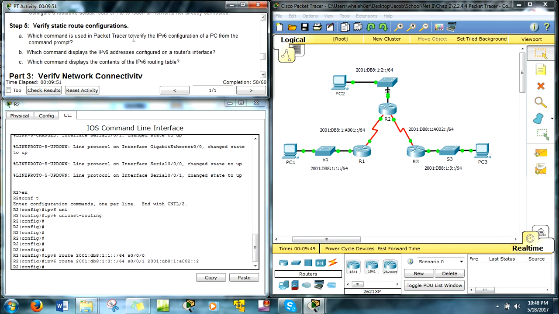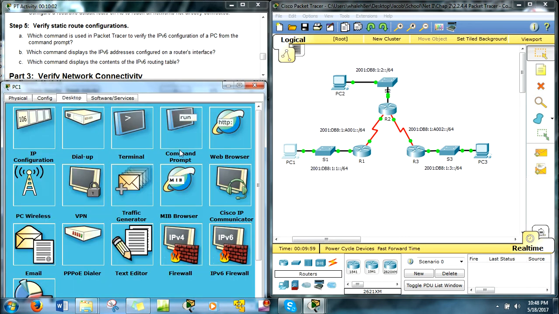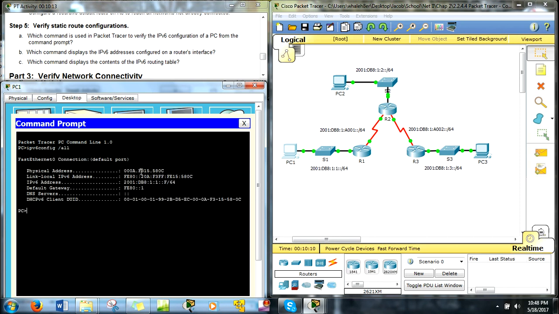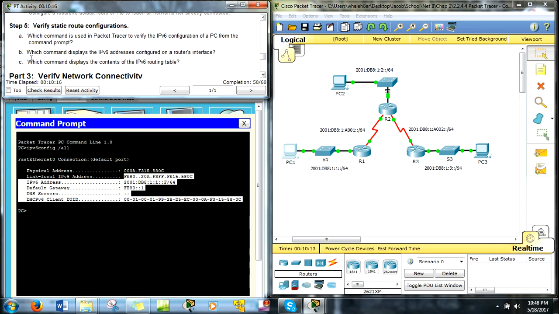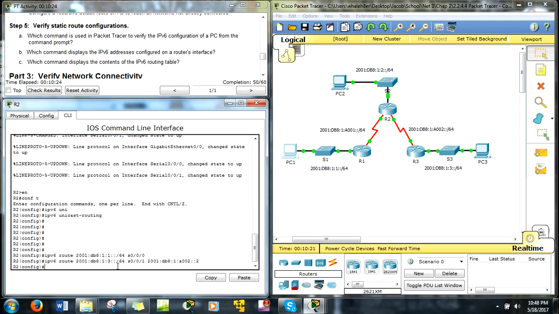What command is used in Packet Tracer to verify the IPv6 configuration of a PC from the command prompt? Well, that's pretty easy. Let's pull up a host. That would be ipv6config /all. That tells you the IP address of everything there. Which command displays the IPv6 addressing configured on a router's interface? Wow. I really want to trip you up today, don't I? So since we're in global config mode, we have to press do show. It's a show command, ip